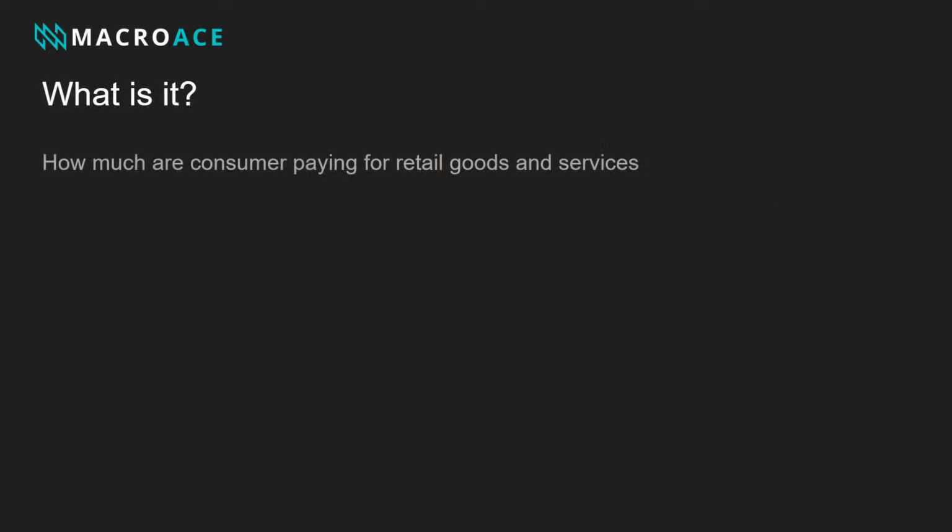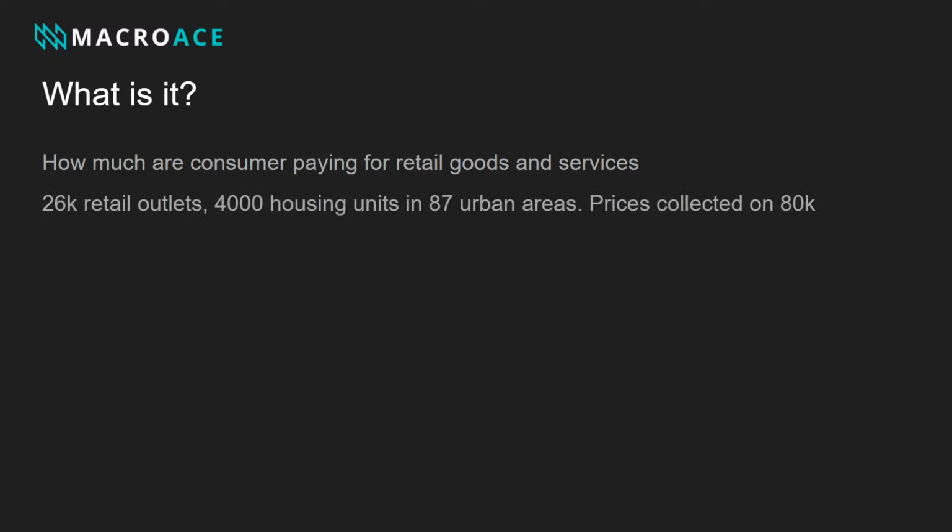So US CPI, that's going to be the main release. That's the header for today. What to be aware of, or where we're expecting a lot of market volatility from the inflation data that we get from the US. But first of all, what is the CPI release? It measures how much consumers are paying for retail goods and services in a percentage form, and the way it's formatted and the data is collected.